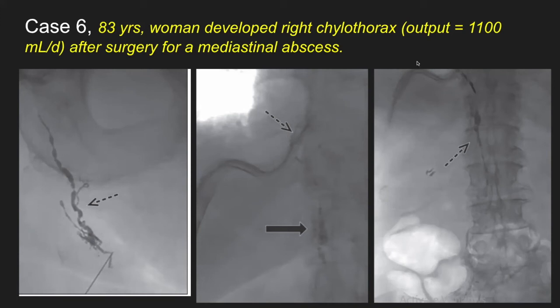And this chylothorax was high output, about 1,100 cc per day. So in this case, access was gained in one of the inguinal lymph nodes, and then they injected Lipiodol. And then the middle image showed the late image where you can see the contrast in the thoracic duct and the cisterna chyli, but also contrast extravasation along the tube, the right lung tube,